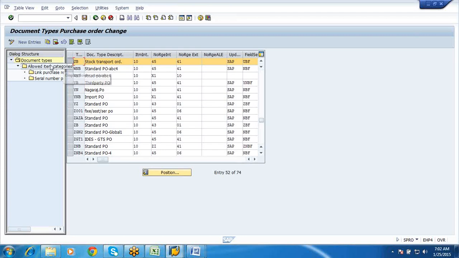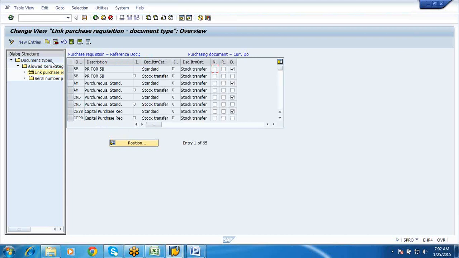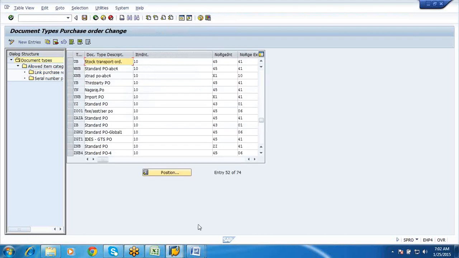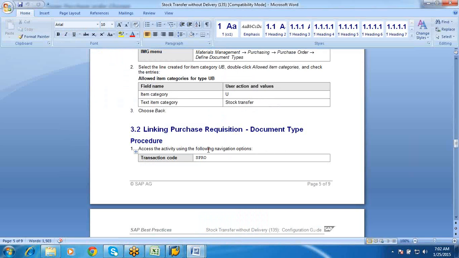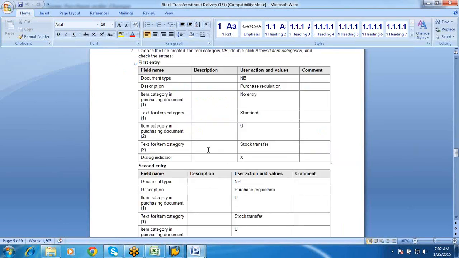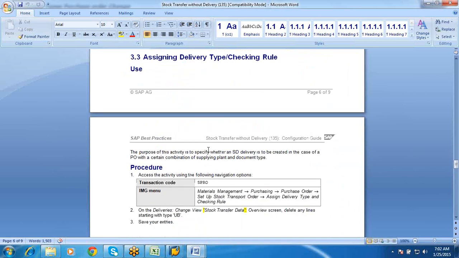For this stock transport order, the allowed item category should be U. This is a stock transfer. And you can also link your purchase requisitions for this, based on your requirement. So you should have an item category U, and you can link the purchase requisition document types also, the one which we see.